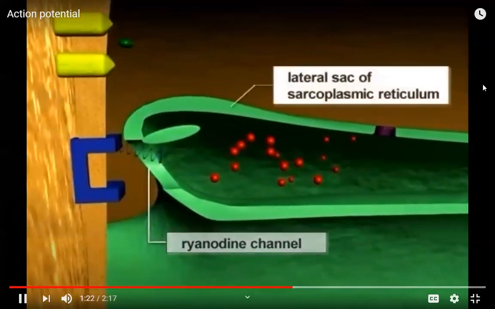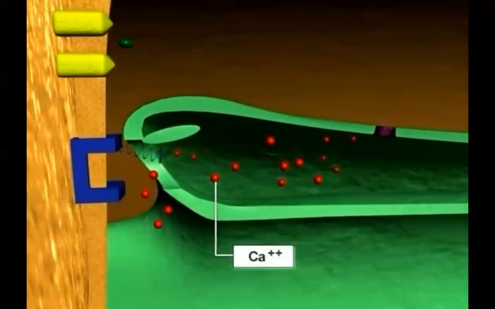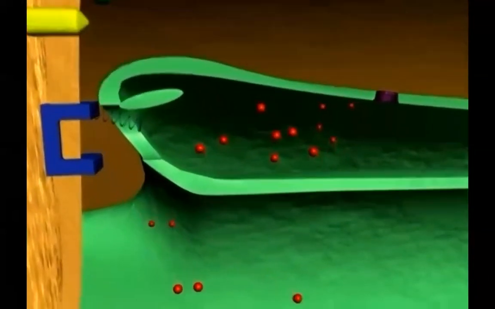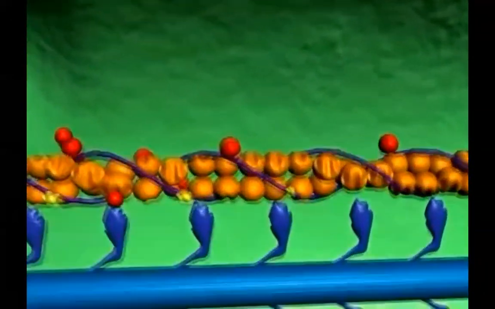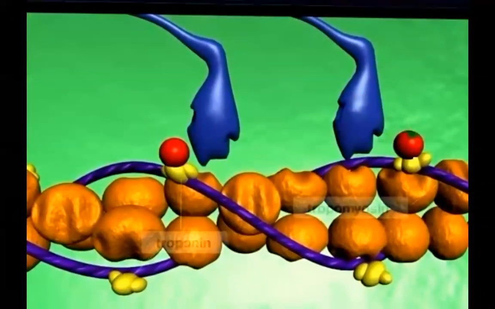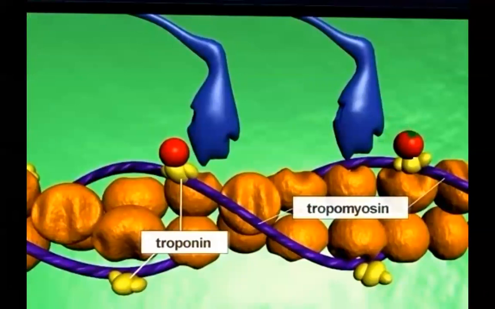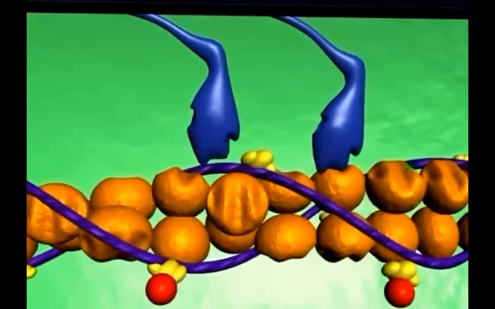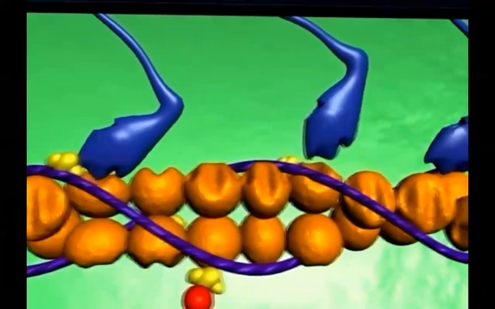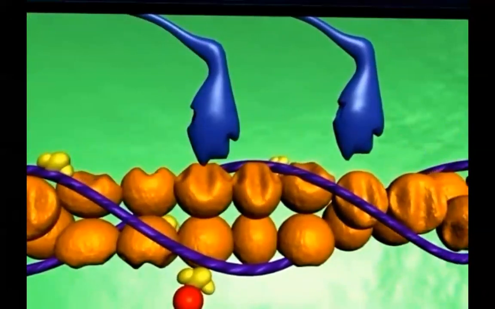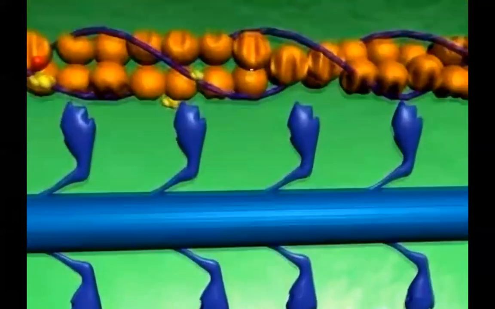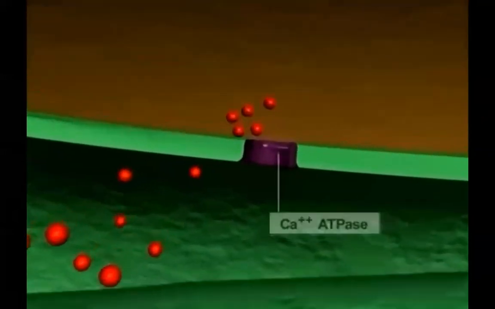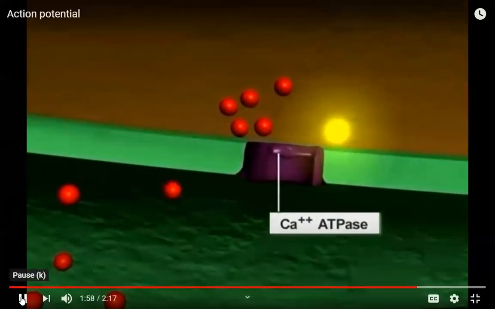Sacs, thus allowing calcium ions to diffuse out of the lateral sacs and into the region of the myofibrils. Calcium then binds to troponin, resulting in movement of the tropomyosin-troponin complex away from myosin binding sites on actin. The contraction process continues as long as action potentials continue to reach the neuromuscular junction, thereby keeping the concentration of calcium elevated around the myofibrils. To end the contraction, calcium must be actively transferred by the calcium pump, calcium ATPase, back into the lumen of